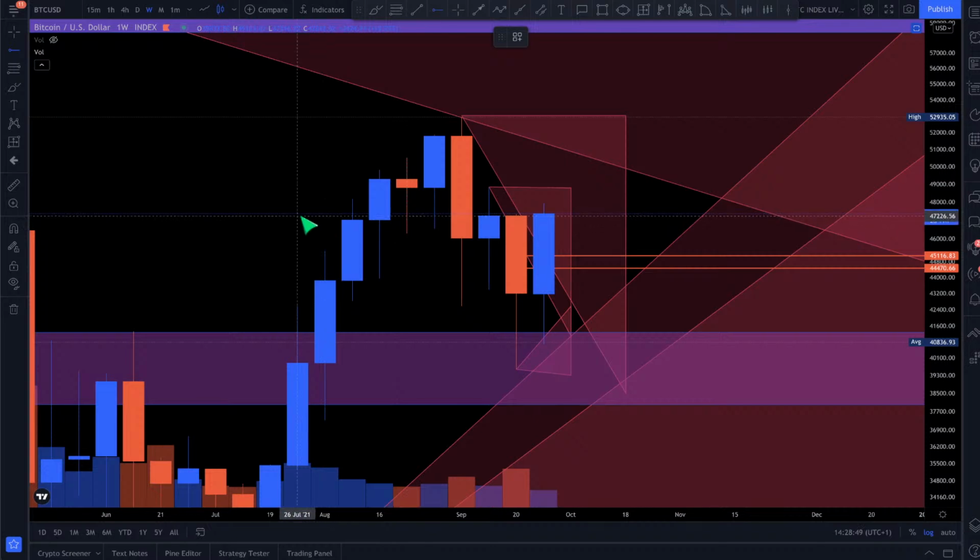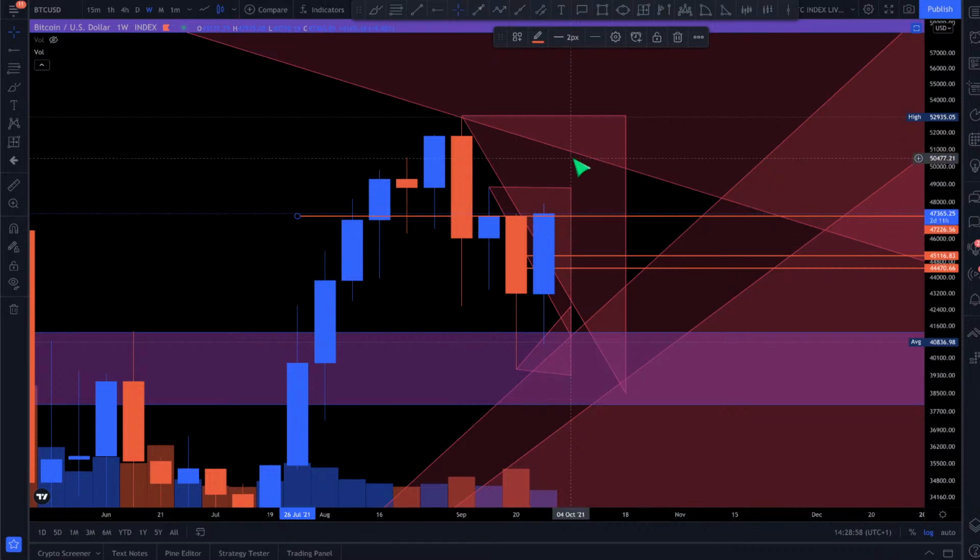You can see how beautiful this area is, right? That's all we want. We just want the body to touch this and just close here. That gives us a chance to create the next one and start moving up, right? If that makes any sense to you guys. So that's all we need. We don't need to necessarily go to the wick. All right. So I just hope this kind of makes sense. It's very powerful what we're seeing here.